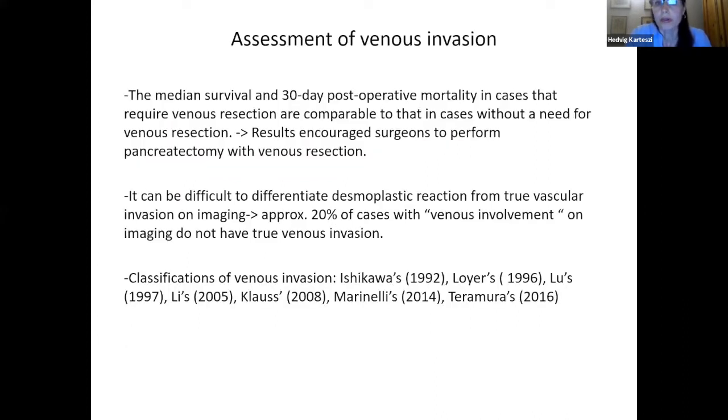As surgeons perform venous resection routinely in most hospitals, now it is the radiologist's job to report the degree and extent of venous involvement accurately. It can be of note, it can be difficult to differentiate desmoplastic reaction from true vascular invasion. I think the large number of classifications of venous invasions suggests that assessment of vascular or venous involvement is